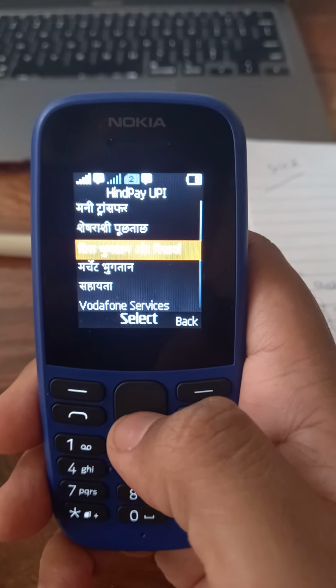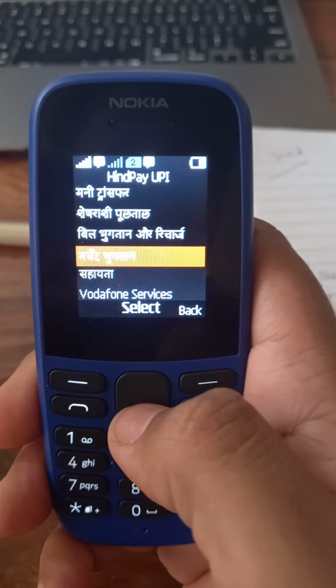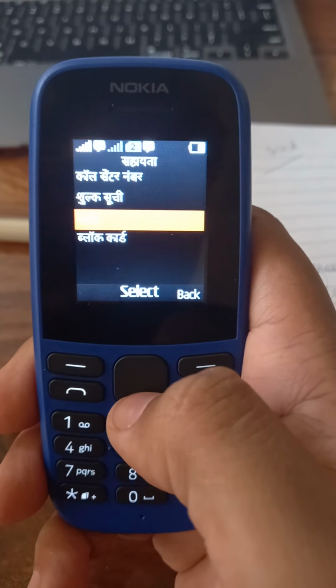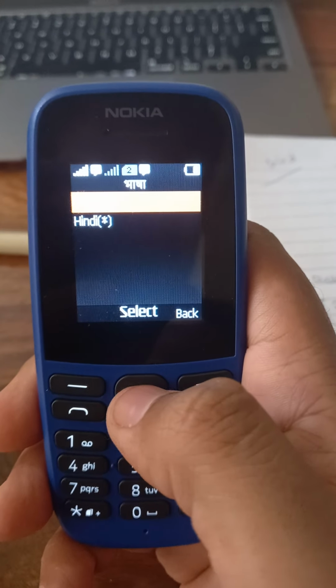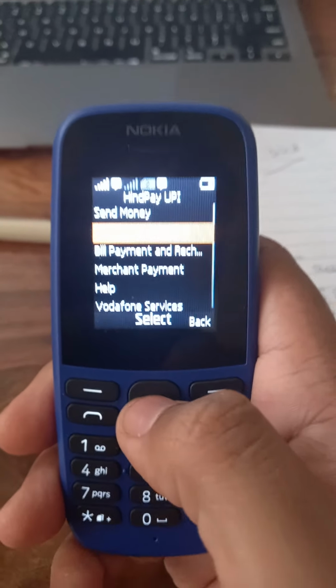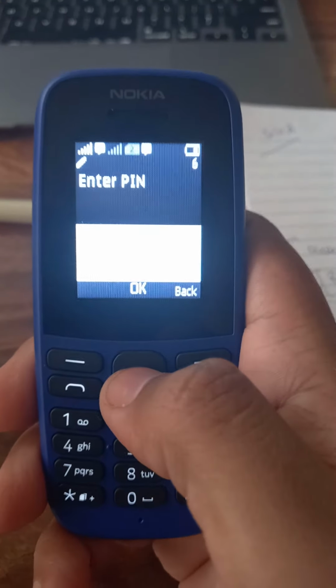Money transfer, शेष राशि, पूछताछ, बिल भुगतान और रिचार्ज, मर्चेंट पेमेंट. Yeah. Now let me show you the balance inquiry.